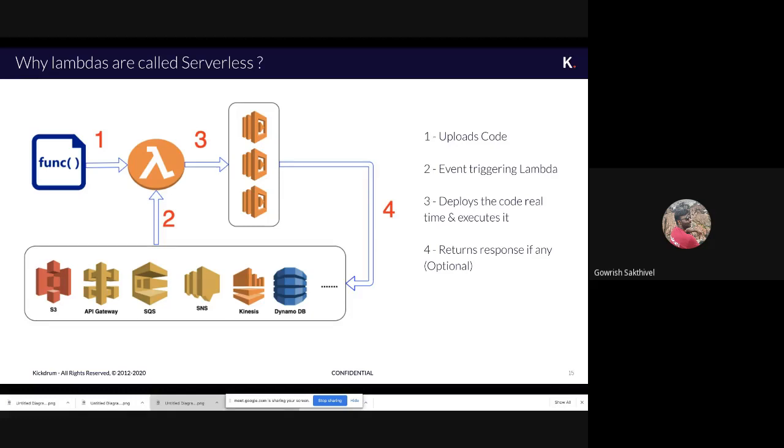AWS supports, for example, invoking this Lambda once you upload a file to S3. It can be an API which triggers this Lambda, or it can be a message in SQS which triggers this Lambda. So these are the different triggers which AWS supports. Once this Lambda is invoked, AWS will quickly deploy the code which we submitted as part of step one into one of the machines, execute the code,